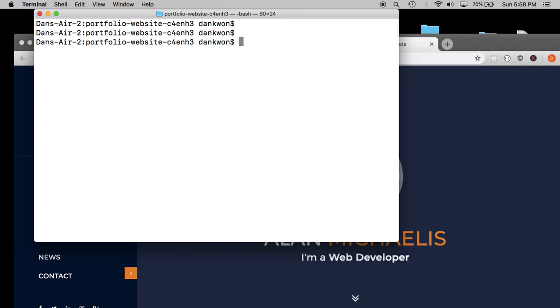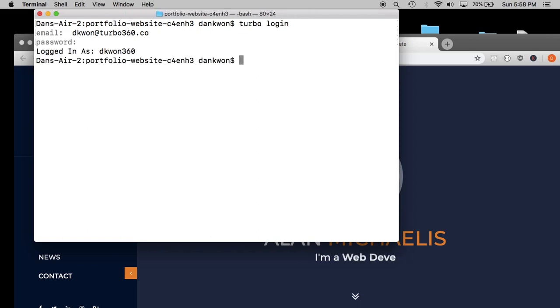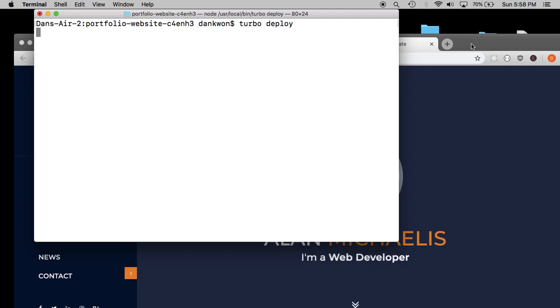Over here, you might have to do turbo login, and it will ask you for the email and password that you use to sign up on your turbo account. You may not have to do this. It depends on whether or not you're already logged in. And then to deploy, all you do is turbo deploy, and that should take this project and throw it up on your